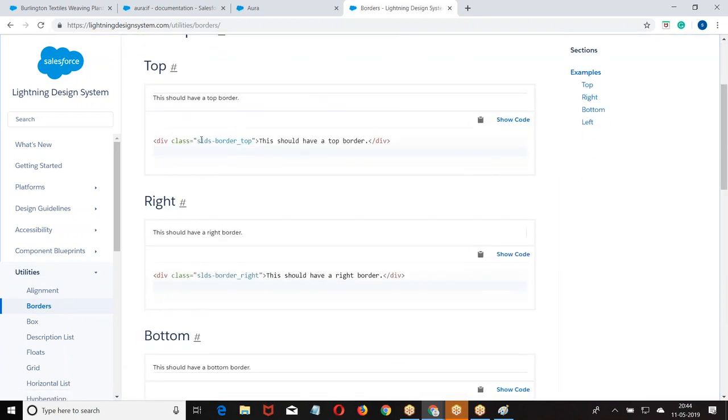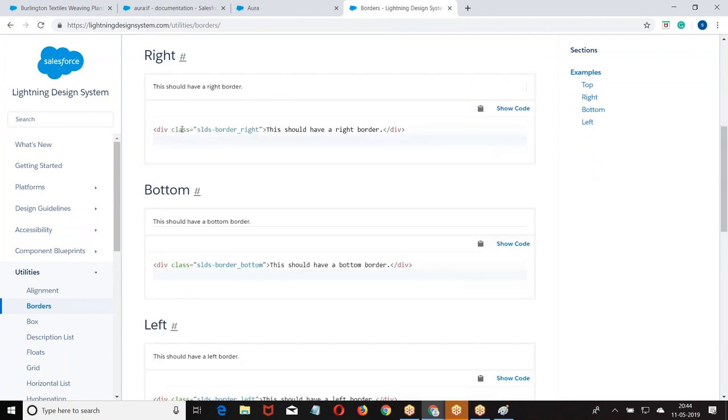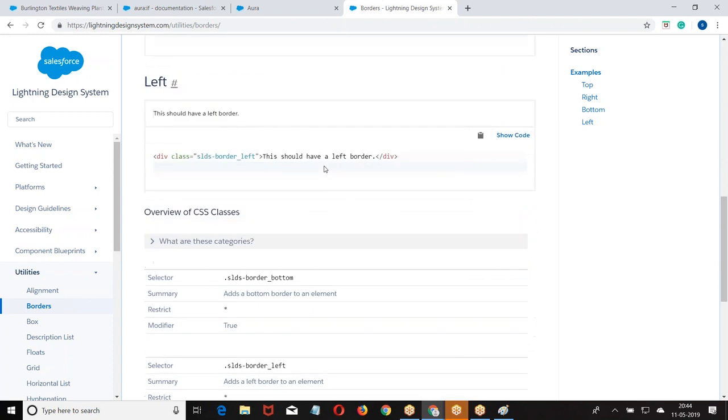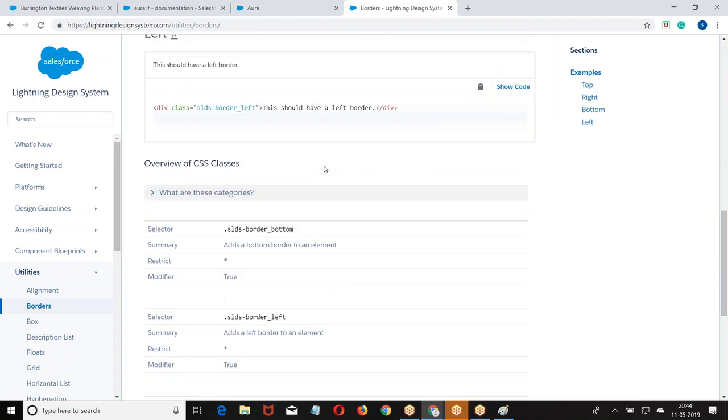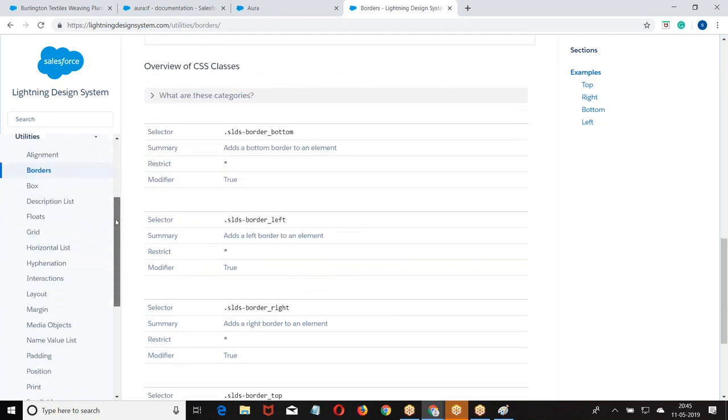You can apply that class directly. Now, this is the Lightning Design System. For the entire element, I can go to the style class and apply. But if I want a particular style for a particular element, then we can go to utilities.